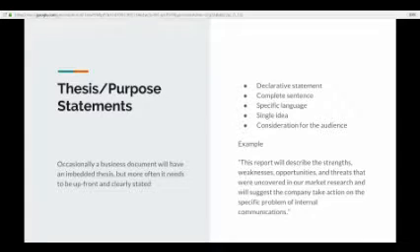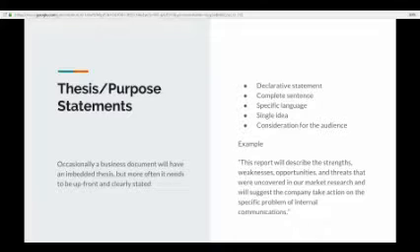So from that, we move to thinking about thesis statements, or in business communication, this is more often called a purpose statement. Occasionally, a business document will have an embedded thesis, meaning it's a couple paragraphs in or even a page in. But more often than not, if you think about time constraints as an important value in business communication, this purpose statement is upfront and clearly stated. In fact, it's often the very first statement all on its own on the executive summary.